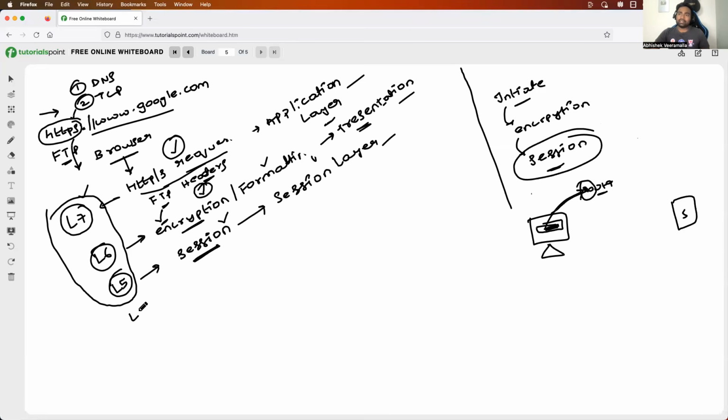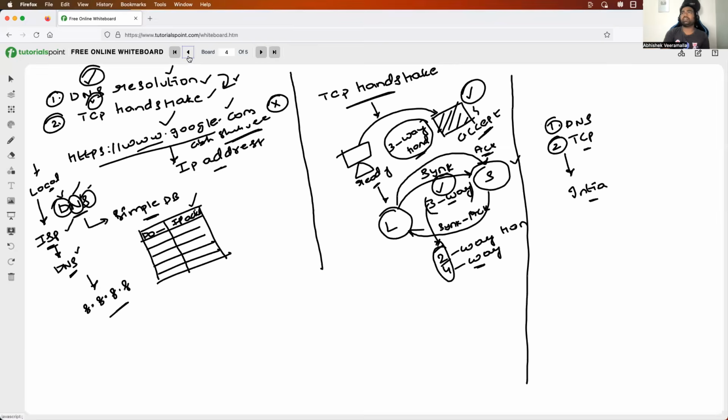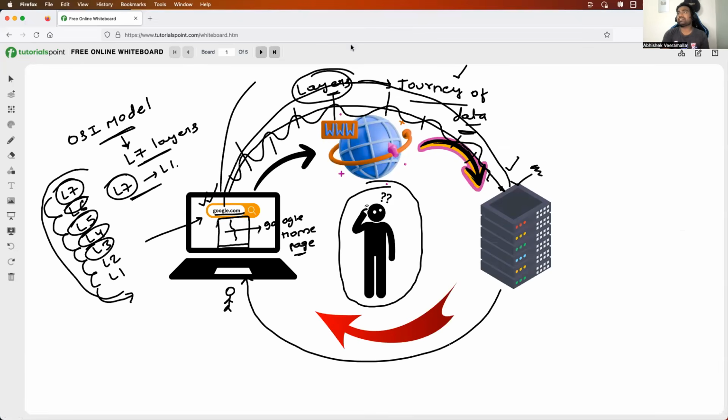Now, the next thing that happens, once the session is created, is to transmit the data. In some cases, the data that you're transmitting can be 10 GB, probably because you're trying to upload a movie. If you try to send 10 GB at once, or even do simple things such as requesting google.com, what usually happens is your data is